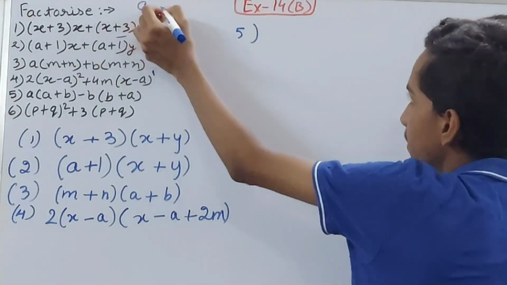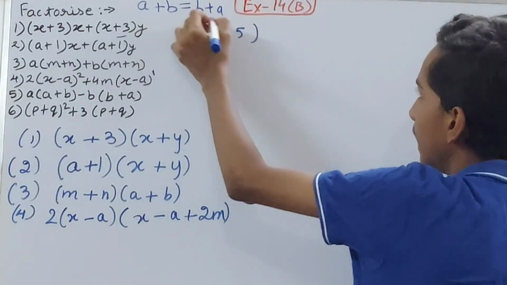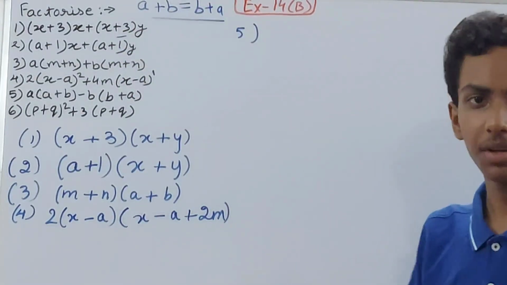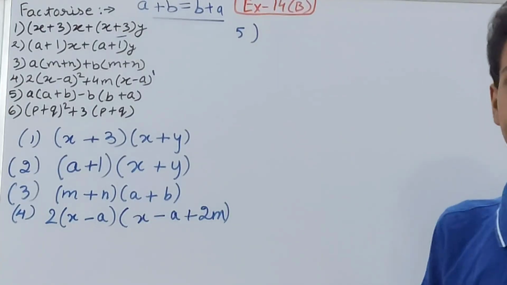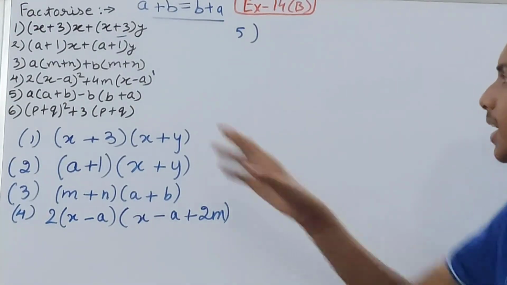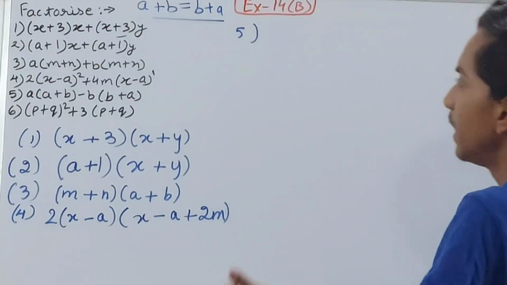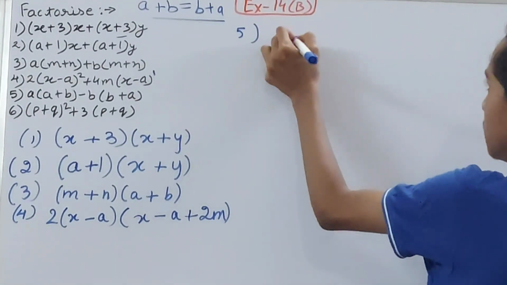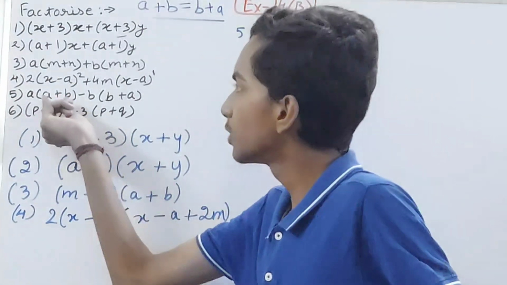Yes, you have studied this property, right? If you have a plus b, you can change it like this also. This is the property of addition, right? The order can be changed, they can be written in any order and answer will still be the same. That means a plus b and b plus a are same or not? Yes. So what I will take common as a plus b. Okay, so here a plus b is gone,